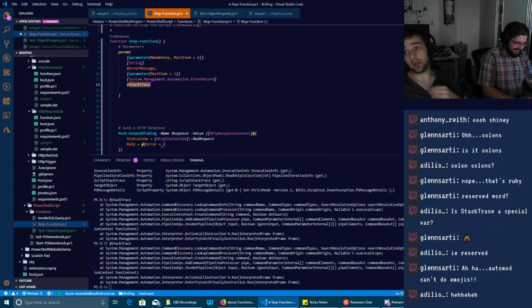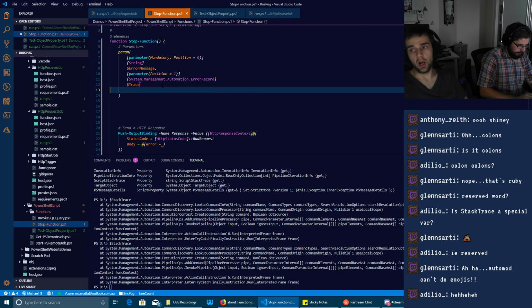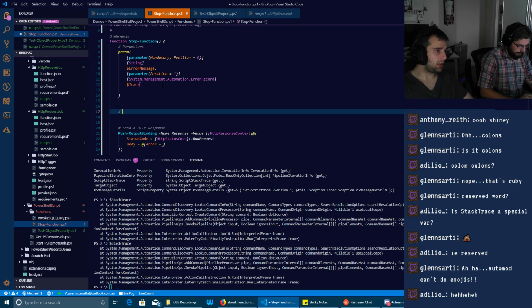So interestingly enough, I can't use stack trace because that is a predefined variable. Didn't know that? Now I do. Really good to know. So what we can do is we're just going to call it trace message. We're just going to call it trace. Done. So basically what I'm going to do here,